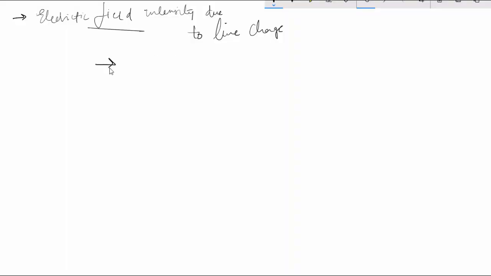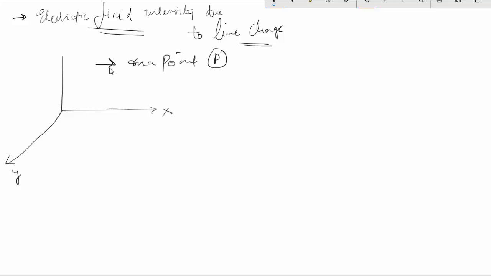We will find the electric field intensity at a point P in space due to a line charge distribution. To calculate that, we will assume that we have a line charge distribution. We'll take the symmetry for this case. This is my x coordinate, this is my y coordinate, and this is my z coordinate, and I'll assume that my charge is located along the z axis. So drawing that,